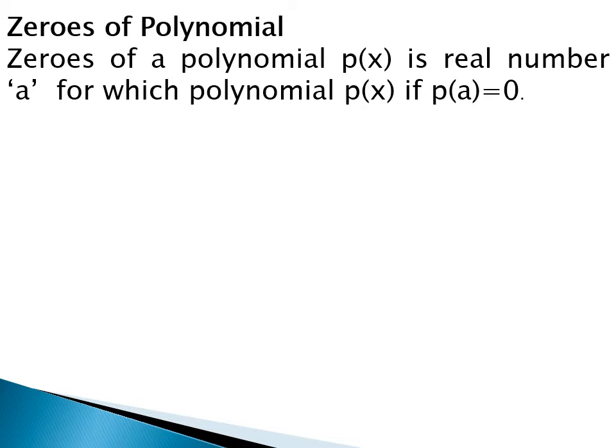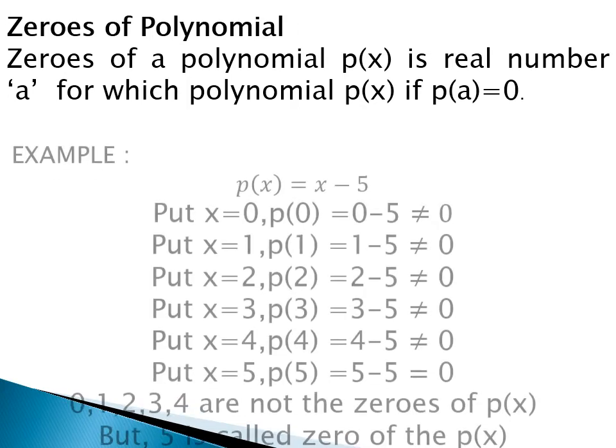That means you know how to find the value of the polynomial from our classes. For example, what is the value of p of x at x equal to 0? What is the value of p of x at x equal to 1? Like that, questions we have done. It is the same continuation of those questions. When we put some values of the polynomial's variable, sometimes the value of the polynomial becomes 0. At that time the corresponding number is called a zero.